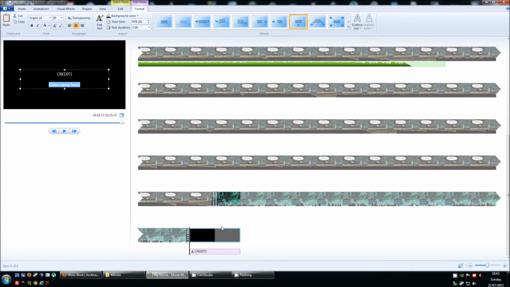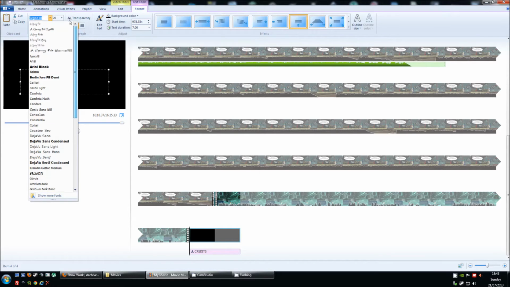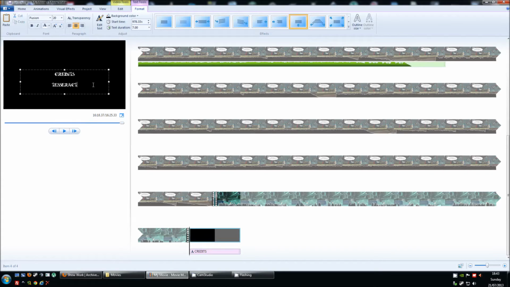So if you add credits, you can see, jumping to the end, you've got a black background clip, and you can type in the box. As long as your cursor's on it, you can go into your preview window to set that. You can change the font if you like, but any text box must have the same font. So you see I'd selected Tesseract there, but even the credits changed. You can't have different fonts or different sizes or anything